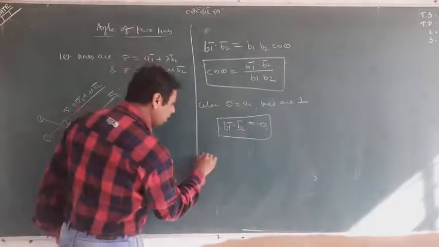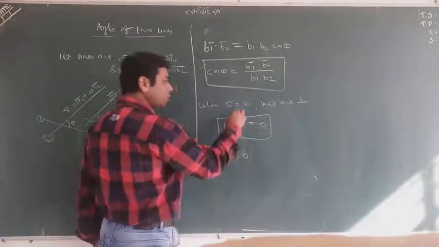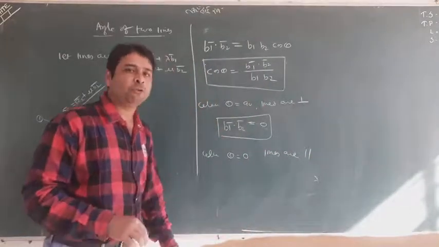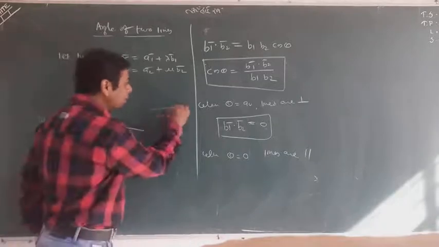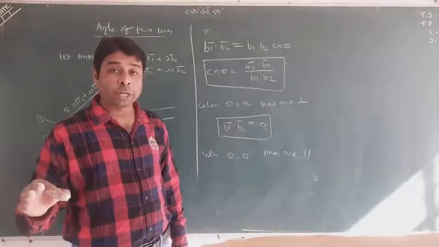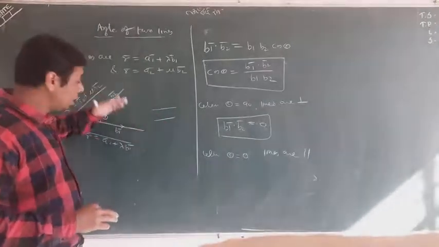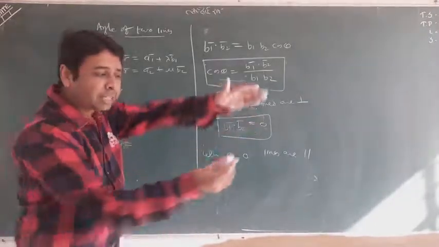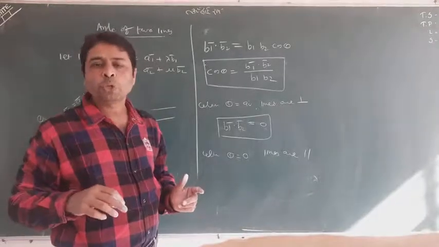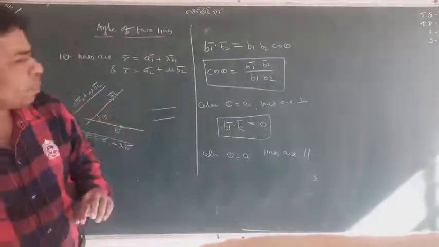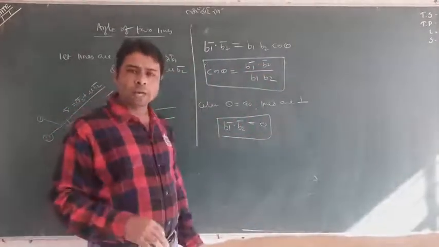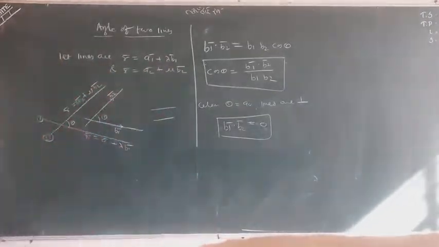Second thing, lines are parallel. Suppose I ask you theta is equal to 0, lines are parallel. Without any special concept, I tell you, if lines are parallel, what will happen? Their ratios will be proportional. Suppose the ratio of the first line is A1, B1, C1, the ratio of the second line is A2, B2, C2, and the lines are parallel. What will happen? A1 upon A2 equals B1 upon B2 equals C1 upon C2. I don't want to get you confused. First remember only the concept cos theta is equal to this one, and I don't think it's problematic for you guys.